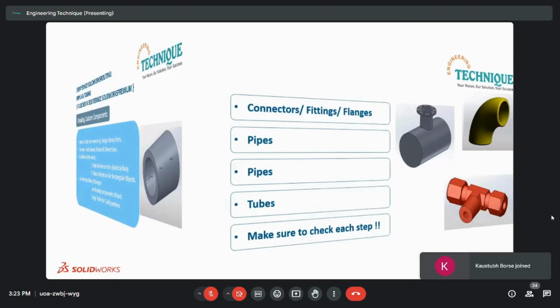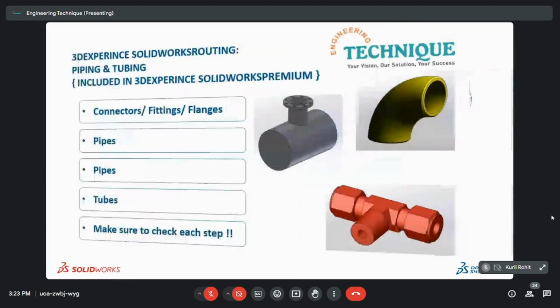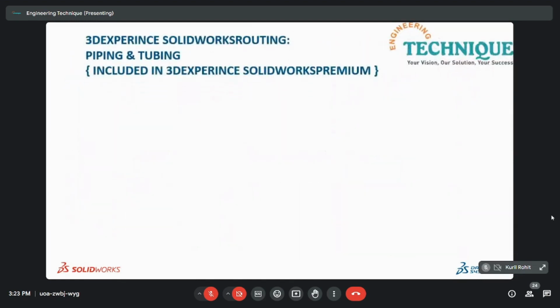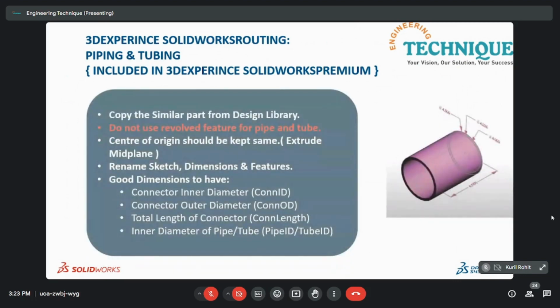So what are the components that we can create? First we can create connectors, flanges, pipes, and tubes, and make a check at each step while creating those. Again, the best option is to utilize the design library component. Here are a few tips again to create your custom component. First, copy a similar part from the design library, as I said before. But second is the most important thing: do not